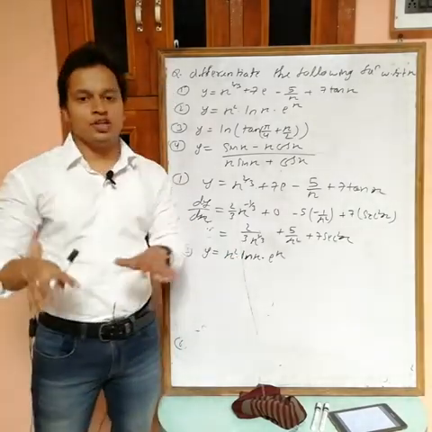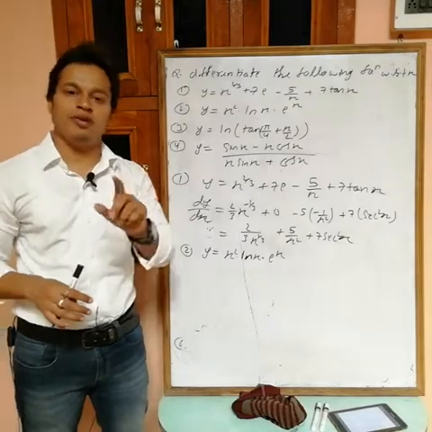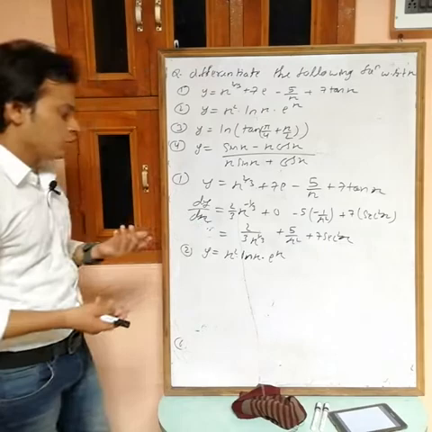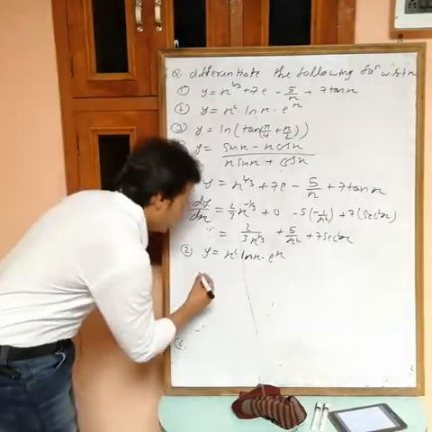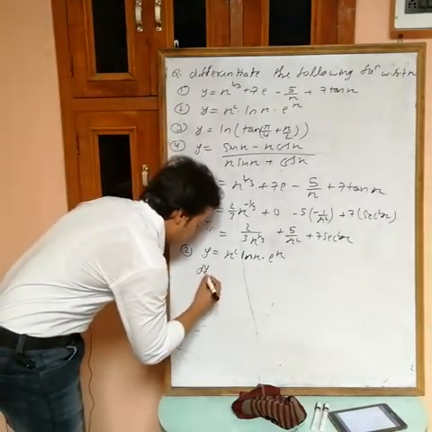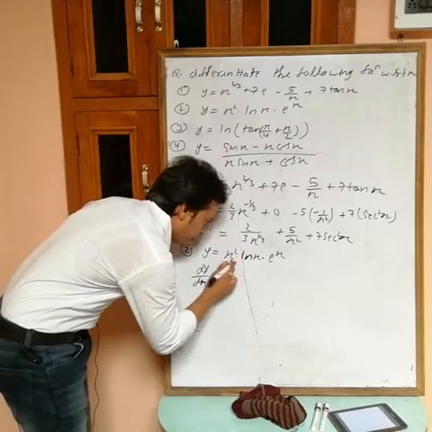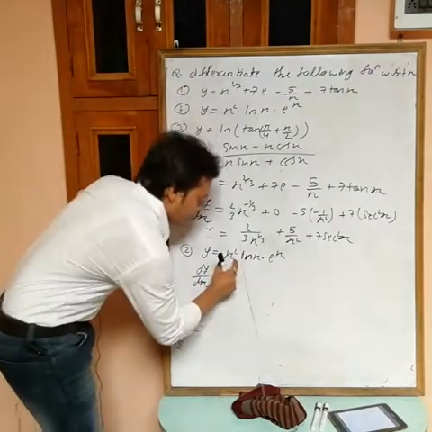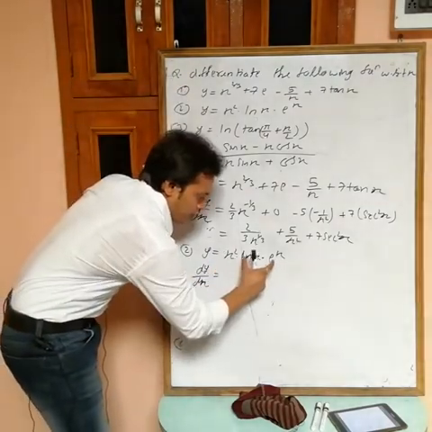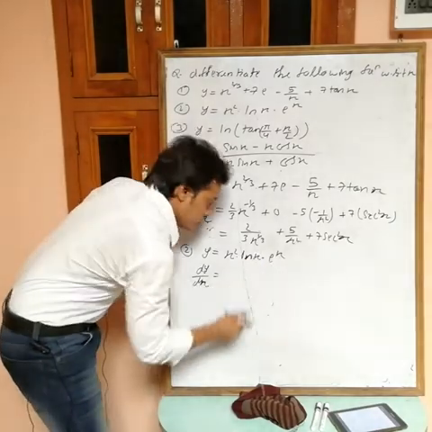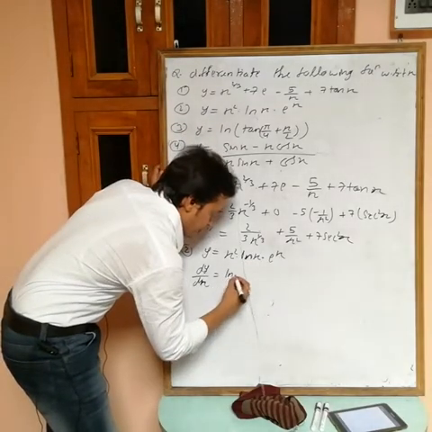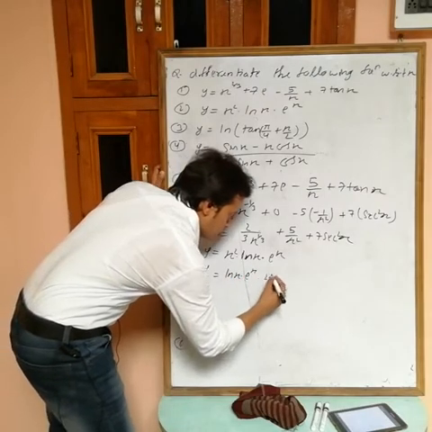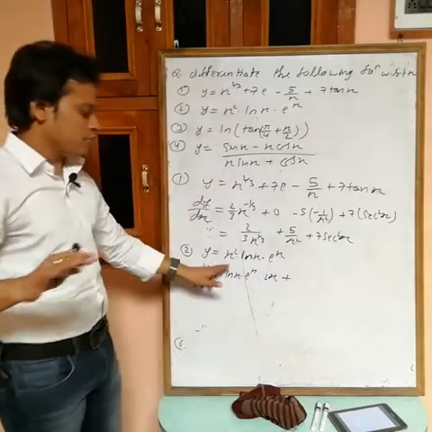This is the product of three functions. At a time we can differentiate only one function, so use the differentiation of product of functions theorem. So dy by dx: we want to differentiate the product of three functions, but at a time we can differentiate only one. First I will differentiate x square; then both others are constant. So first I write the constants outside, ln x into e power x, and differentiation of x square is 2x. Differentiation of x square is complete now.